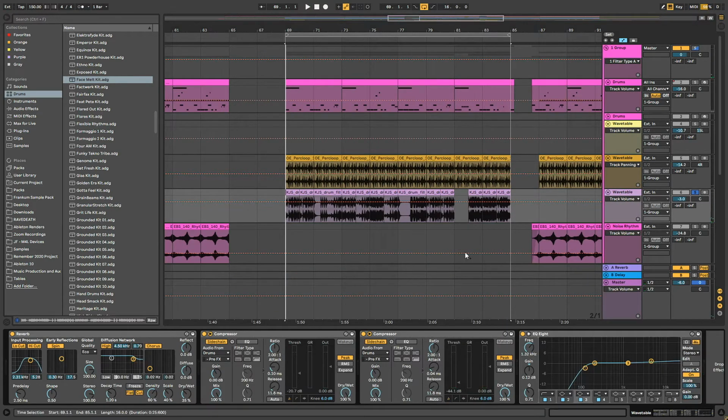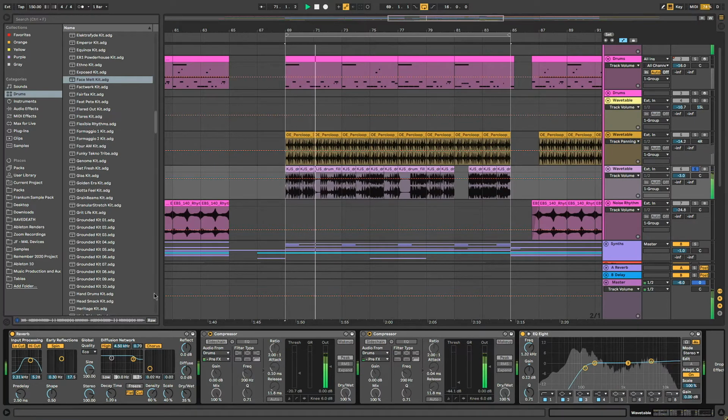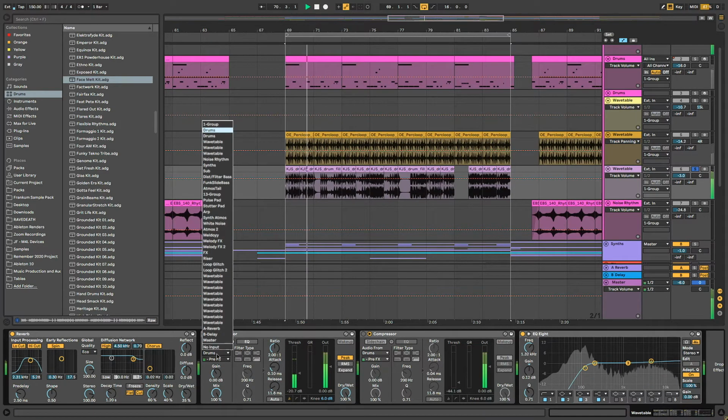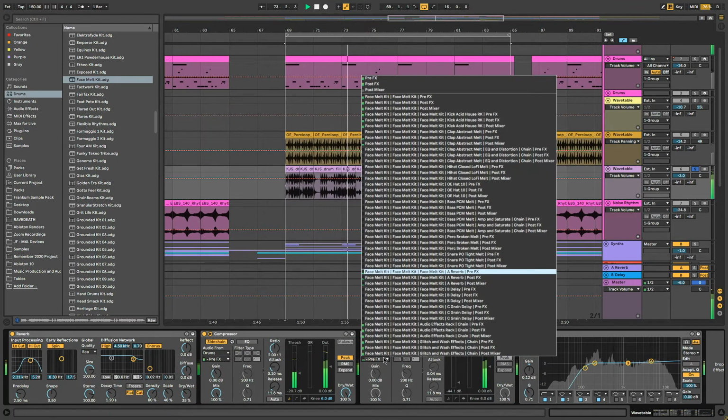Cool. So on that we have some reverb, compression, and some EQ just to get rid of some of the kick. So we don't want it to interfere with the kick up here. The reverb just gives the drums a bit of space. And then the compression, I think that's the side chain to the kick from here, and also the